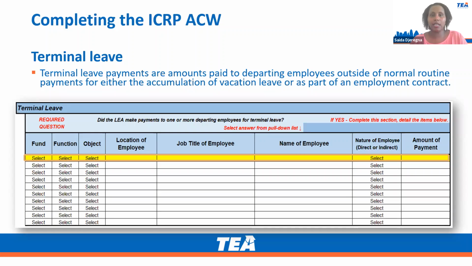This is the last section of the ACW. We will go ahead and take a quick 5 minute break. And when we come back, Ashley will be talking to us about some of the common errors that we came across in reviewing ACWs, and also how to submit the ACW, and what the next steps are. Thank you. I will be back. We'll meet again at 9:50.